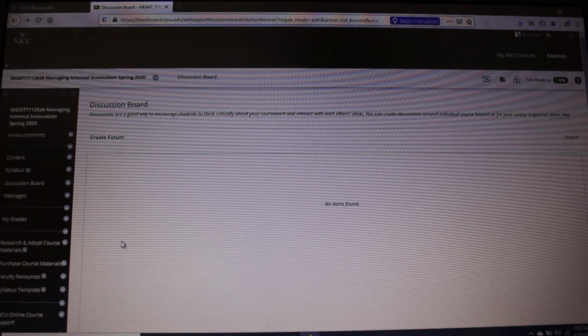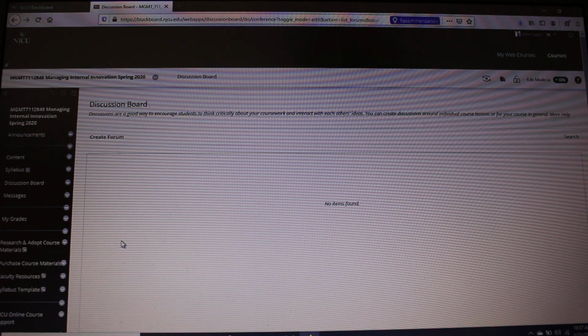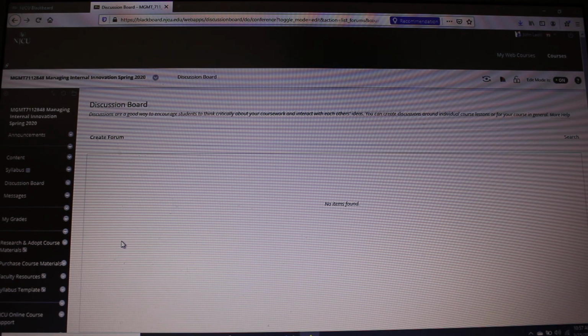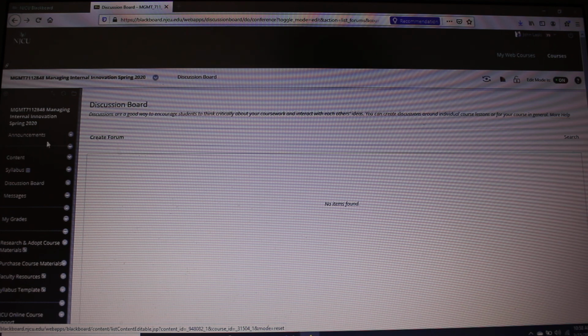There's a syllabus template. There's a bunch of things. So your navigation on Blackboard may be slightly different from mine, but these key areas will be substantially the same, and these are the areas you need to rely on. So again, where it says syllabus, you will likely not find my syllabus. You will find my syllabus and other things in the content section. You're going to be interested in the announcements. You're going to be interested in the messages,